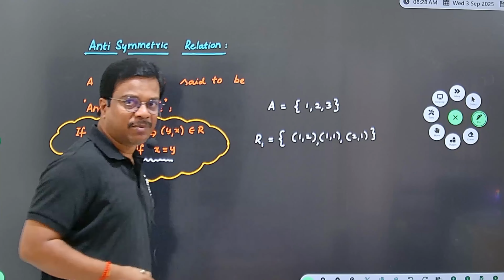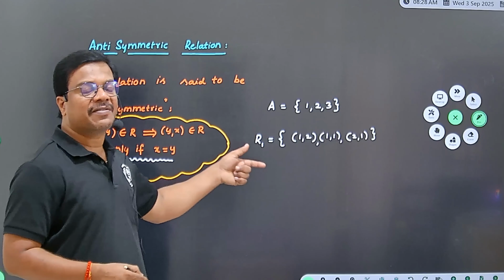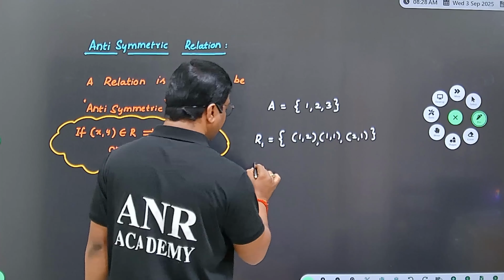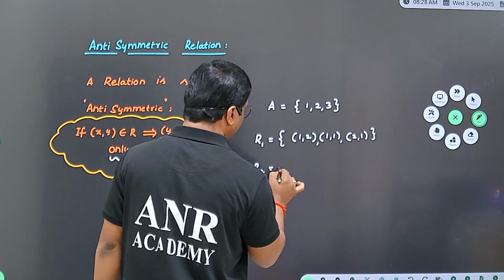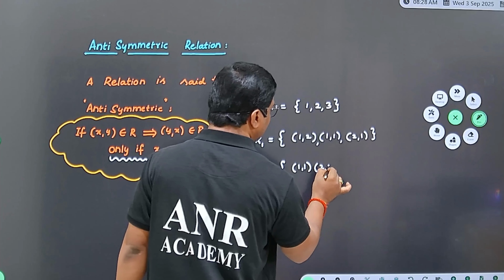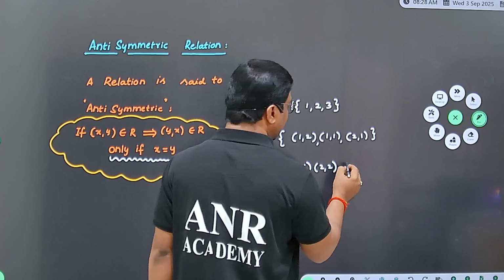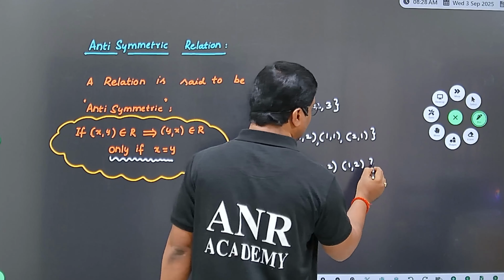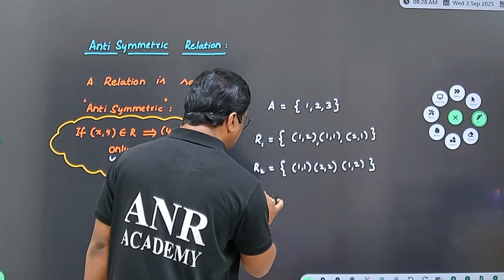Different relations I am going to write first, and then check whether each is antisymmetric or not. Second example: (1, 1), (2, 2) and (1, 2). Another relation I am going to write,